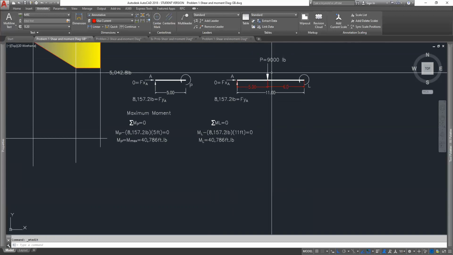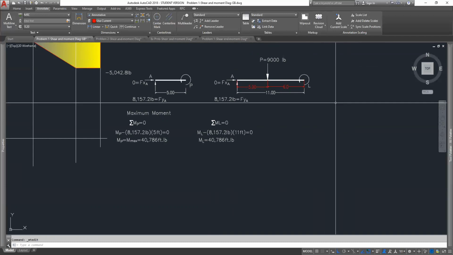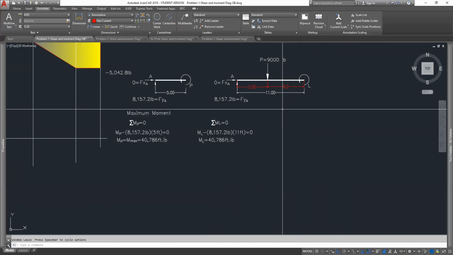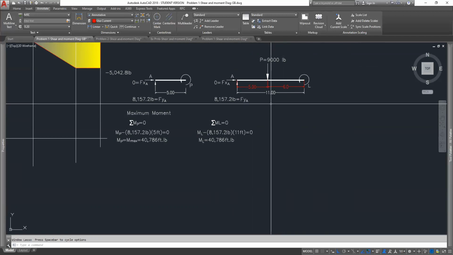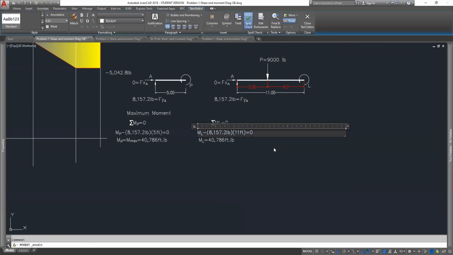And which way does it want to rotate the beam around point L? Clockwise or counterclockwise? Counterclockwise, because it's more towards the left. So it's going to be a positive value, correct? Remember our sign conventions. So it's going to be a positive